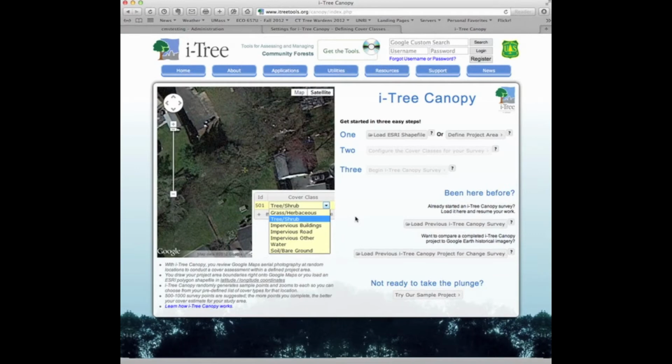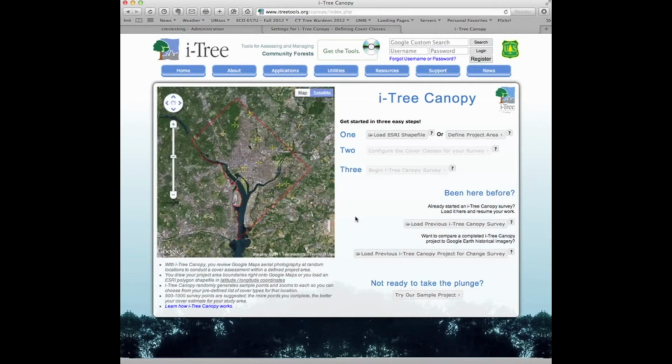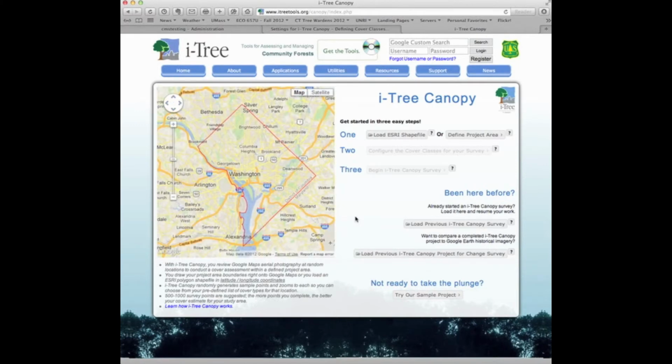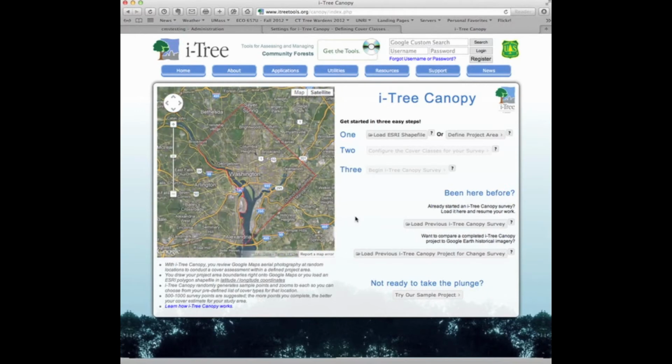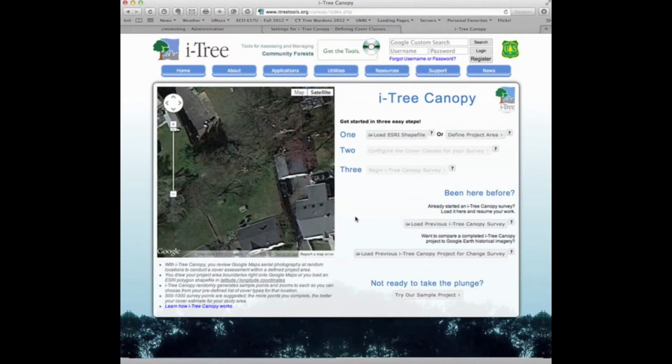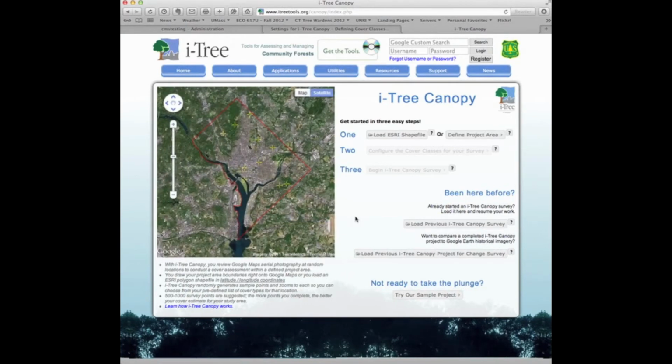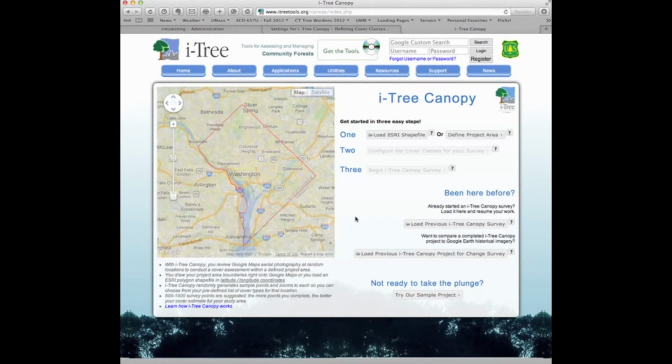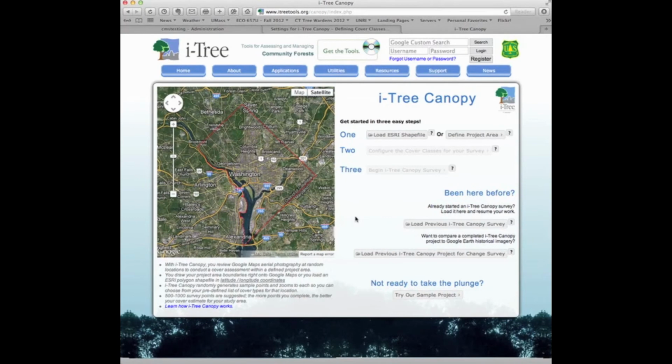The tool randomly lays points, and the number of these points is determined by the user. These points are randomly laid over Google Earth imagery, and then the user classifies where each of these points lands based on the series of classifications that they have set up in their preliminary work. The idea is that you interpret from point to point whether you have trees, impervious material, shrub layer, grass layer, paving, all these various components. And in the analysis, you set it up to work the way that best